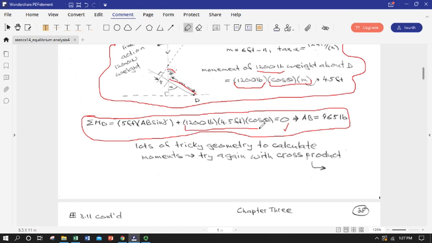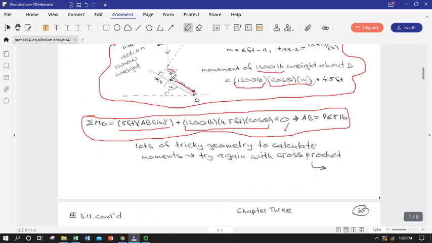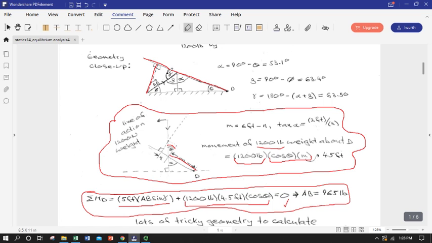Here's the contribution of the weight coming from up here, and then we were able to use some trig to get our total distance, and then taking the sine of gamma up here. So this was 5 feet we were able to determine,